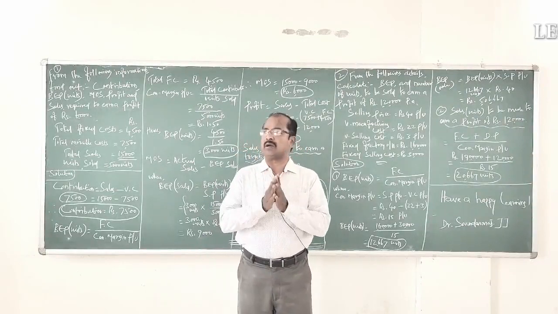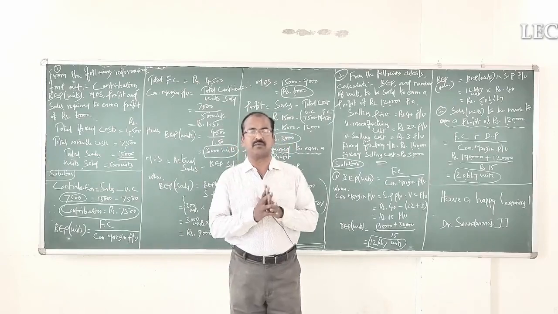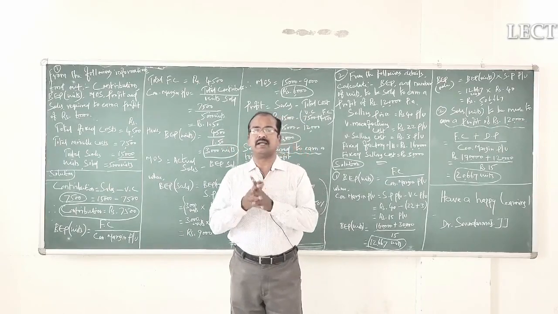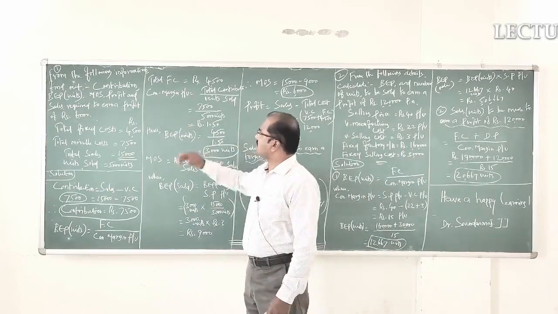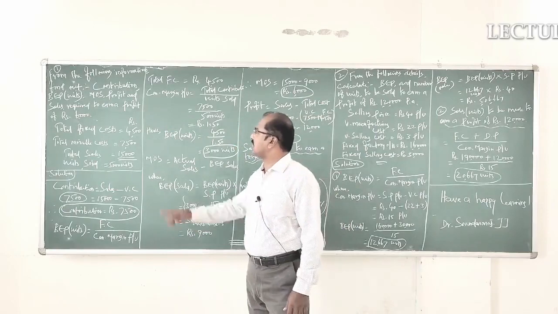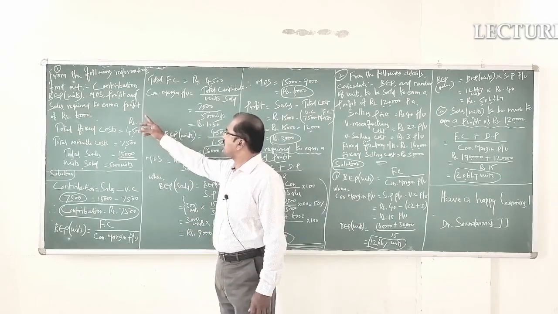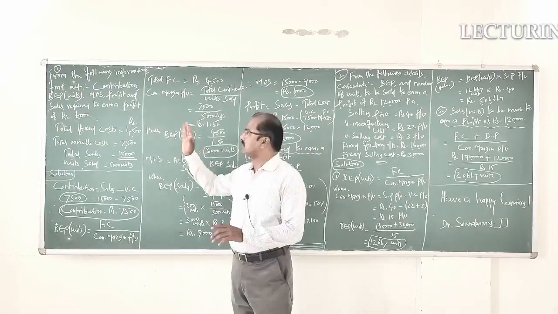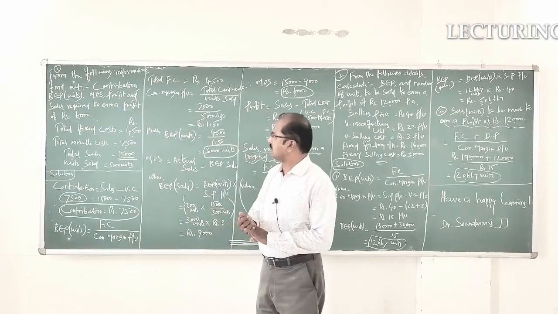In this video, I'm going to take you through two interesting exercises from the chapter Marginal Costing. Let us get into the details of sum number 1. From the following information, find out contribution, break-even point in units, margin of safety, profit, and sales required to earn a profit of 6,000 rupees. These are all the aspects we need to find out from the given information.